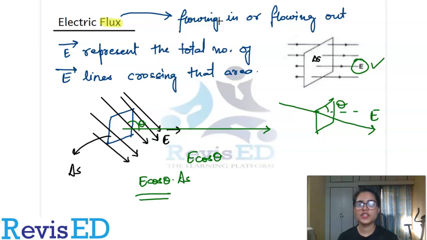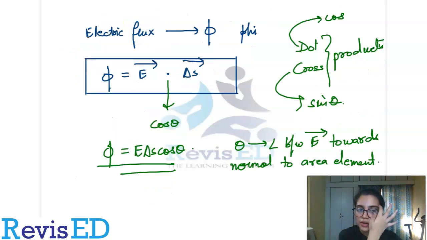So in the previous video lecture, we have seen what electric flux is. We have seen its definition, what flux is and why we have related it with electric field. Electric flux actually represents the amount of electric lines of force which are crossing the area, and we have also defined a formula for the same. We got the result that phi, which is defined as electric flux, is E times the projection of area which is normal to the electric field. This is what we got through this particular formula.